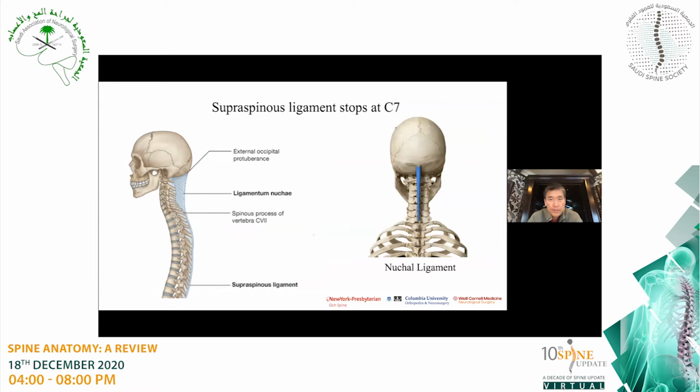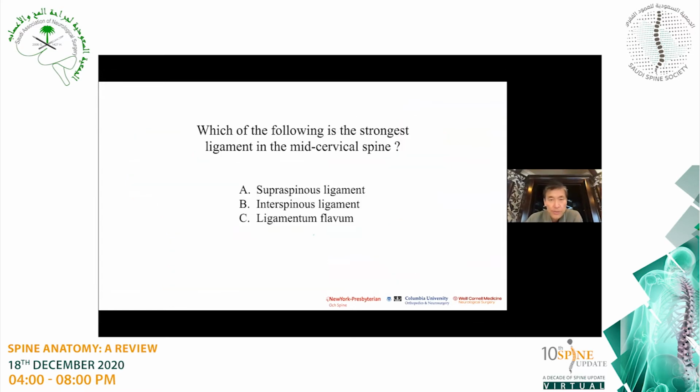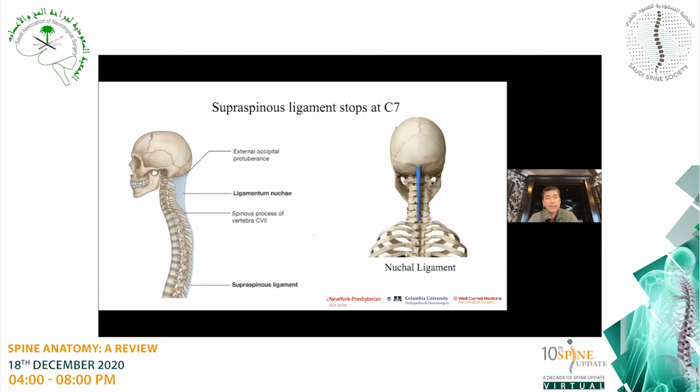This is a trick question. And the trick question has to do with the fact that there is no supraspinous ligament. There is no interspinous ligament in the cervical spine. Now, most people think that there is, and a lot of anatomy books have them, but in truth, it does not exist. Only the ligamentum flavum exists. Now, it's not a strong ligament, but it is the only ligament that exists in the cervical spine and the